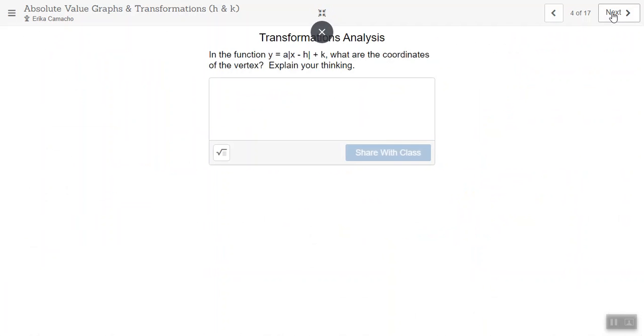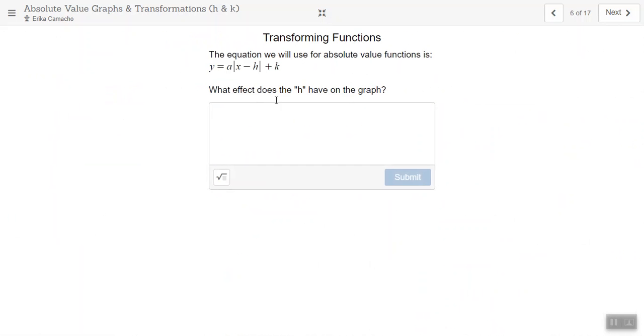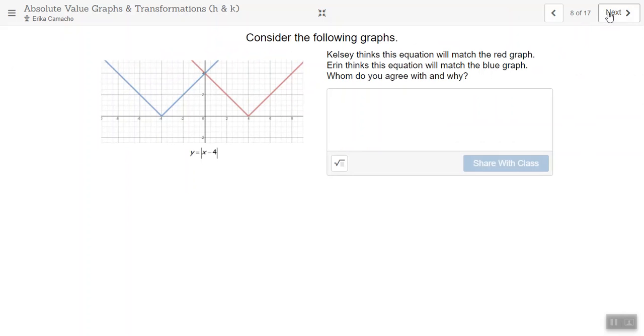So when you're answering these questions, you need to tell me that h, the value of h, moves the vertex left and right, depending on if h is positive or negative. Some of you said opposite of the sign that you see. That's good. This one here is asking for the value of a. Go back and play with that. See what it has, what